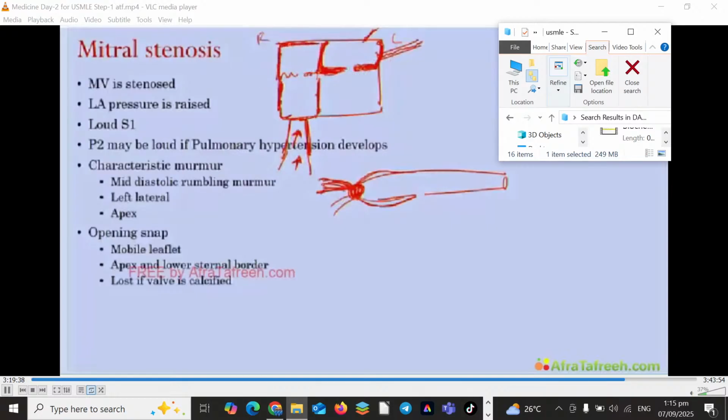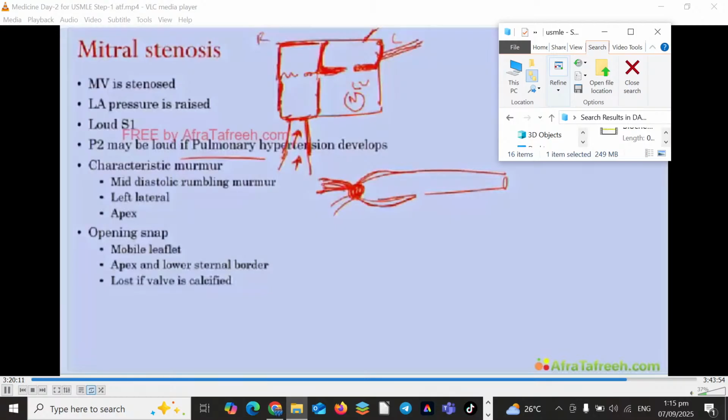In the whole system, the left ventricle stays normal. So there would be no left ventricular problems in mitral stenosis. The basic problem is the LA pressure is raised. Later on, if there is pulmonary hypertension, there would be a loud P2. Because of this pressure, which we have already seen, the characteristic murmur of mitral stenosis is a